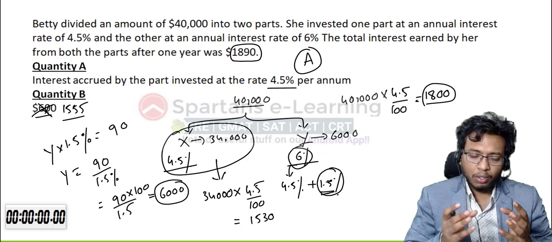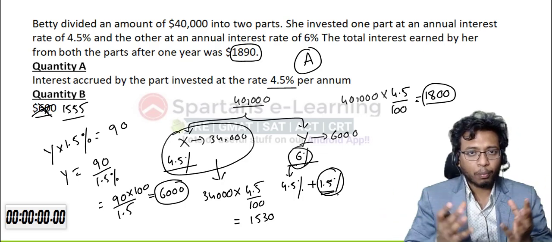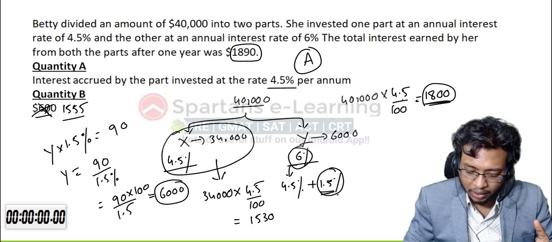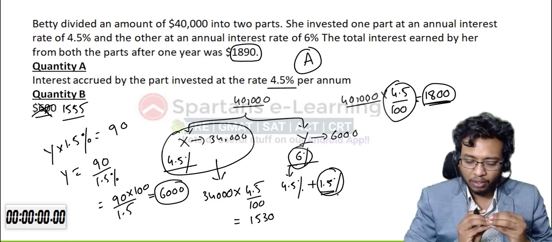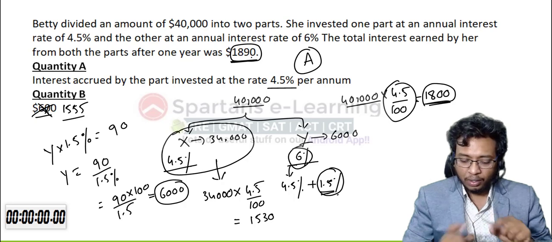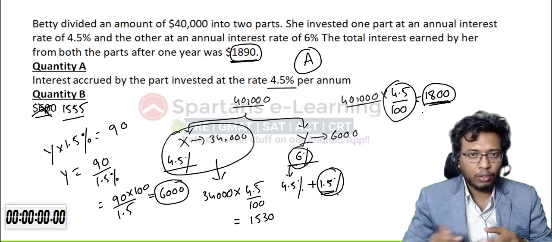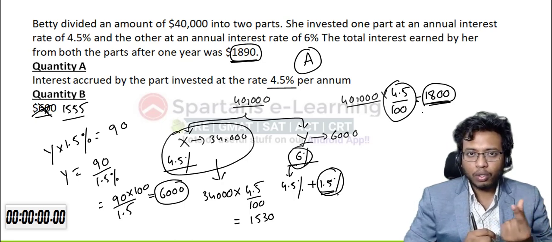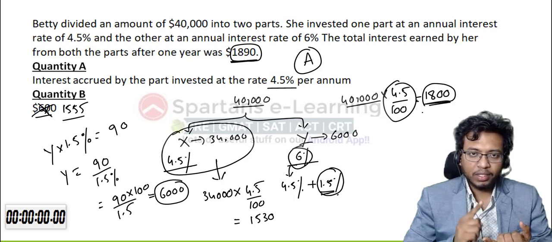Now when you give the whole 40,000 to two persons at a rate of 4.5% interest, then what will be your total interest? You calculated 4.5 into this much, you are getting 1800 as your interest. But here what happened? It is getting 1890. That means your calculated amount is 90 less than the value you got here, right? 90 less than your original value. So there is a loss of 90. Now you have to think why this loss is there.